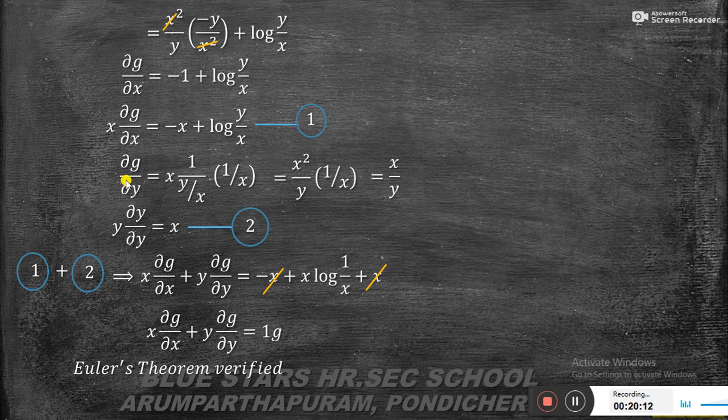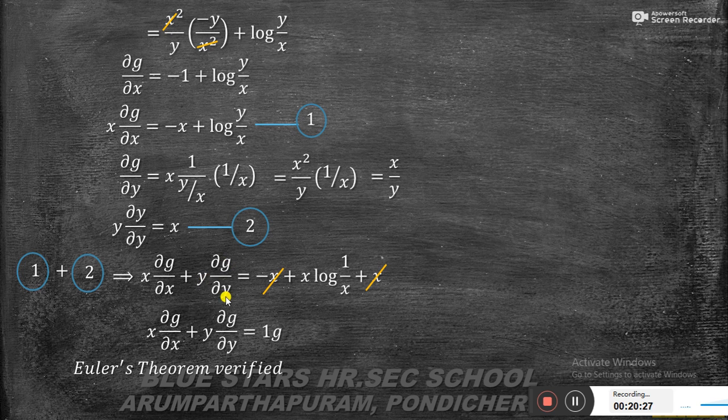So next, y into ∂g/∂y. We multiply y on both sides, so y cancelled. So y into ∂g/∂y equal to x. This is equation number 2. So 1 plus 2, we add 1 and 2, we get the answer x into ∂g/∂x